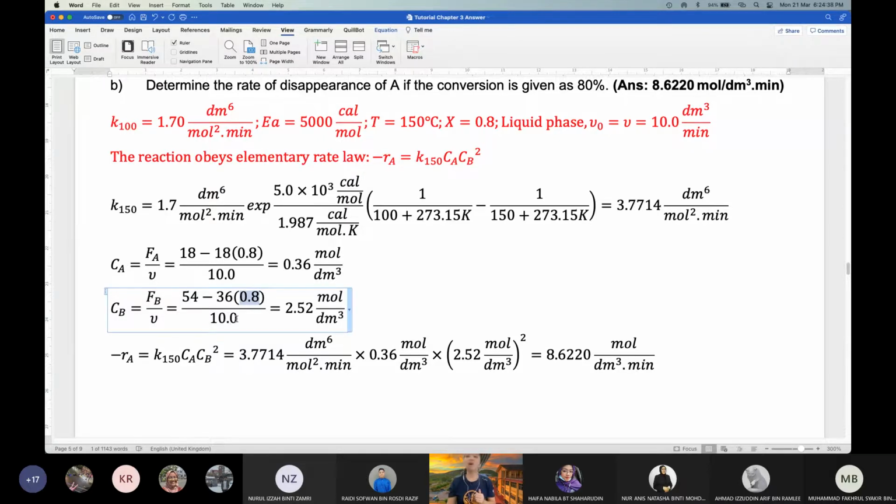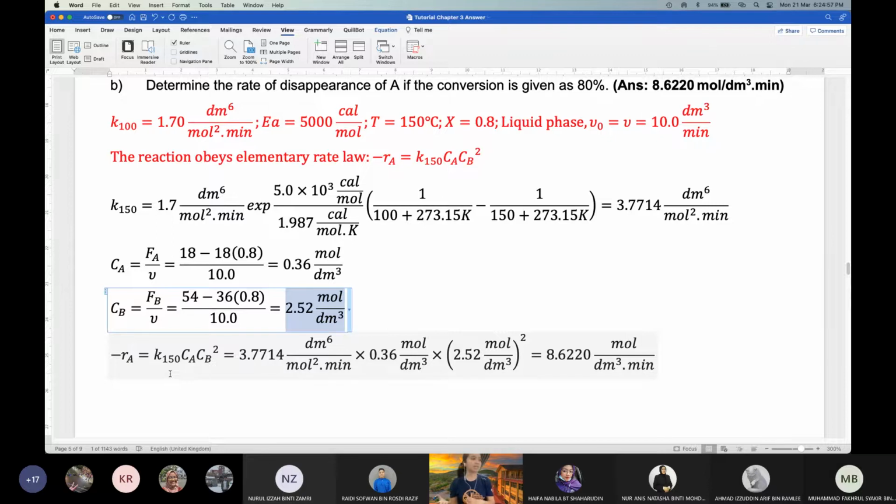You divide by your outlet volumetric flow rate 10, you get your CB 2.52. So now you already got your K at 150, you got your CA, you got your CB. You can now find your minus RA directly. So minus RA equals to, replace your K,